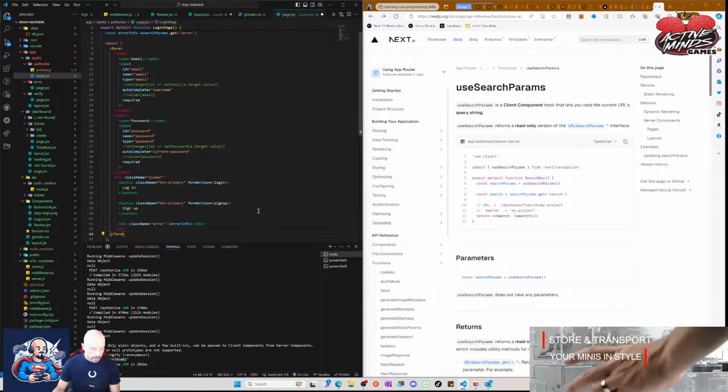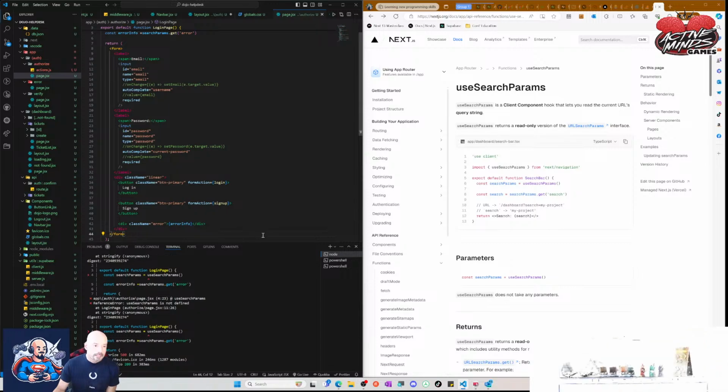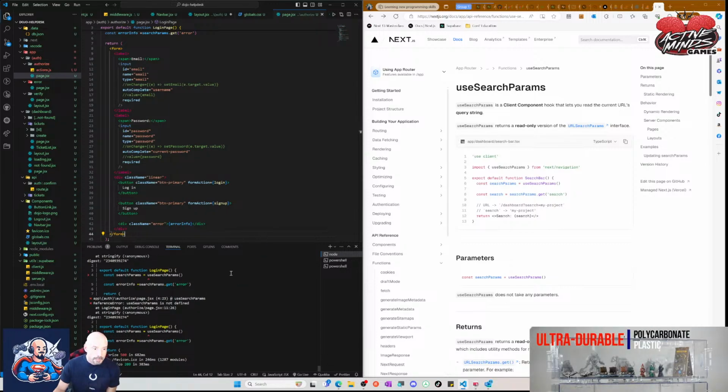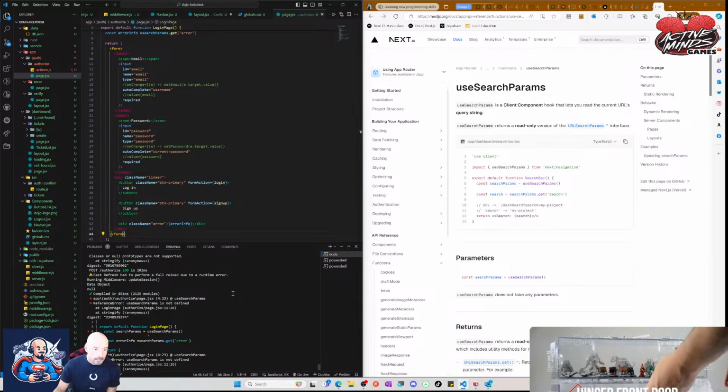All right, let's see what that does. I don't know if I did it right, it doesn't work. That's what it does. All right, search params. What's the problem? Search params, reference error: useSearchParams is not defined at login page. Stringify. Oh, wait, do I need to, oh,